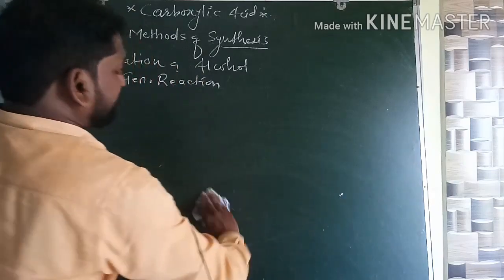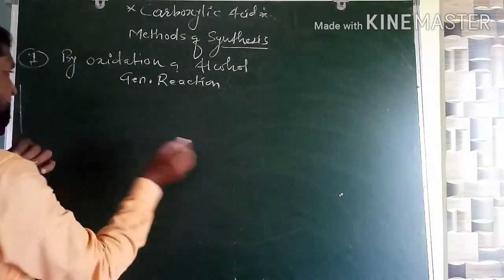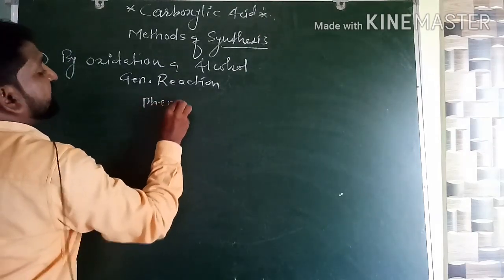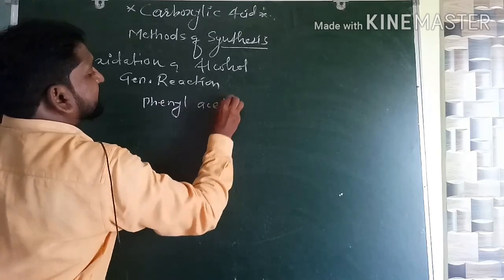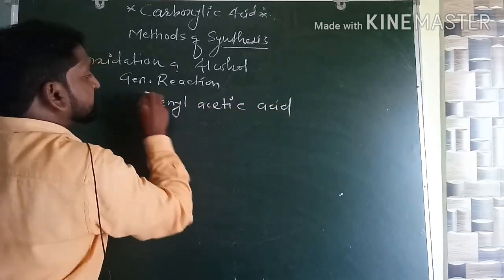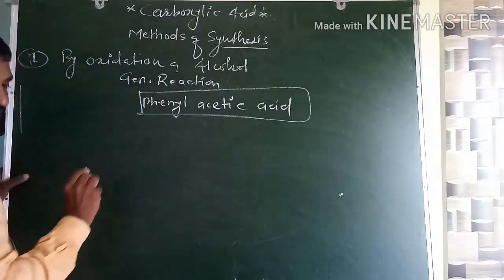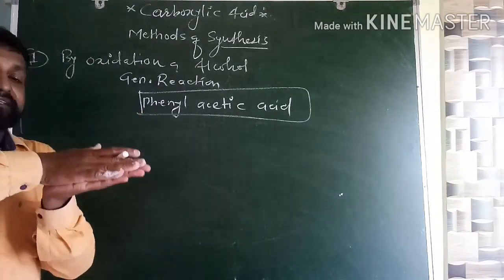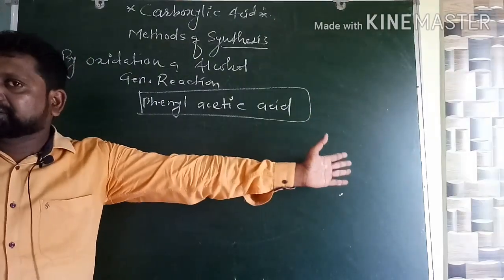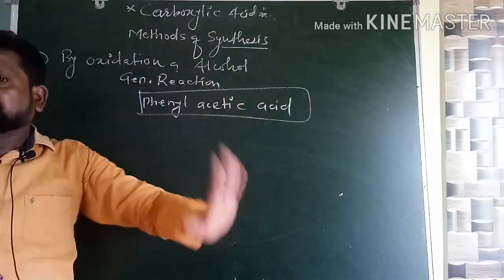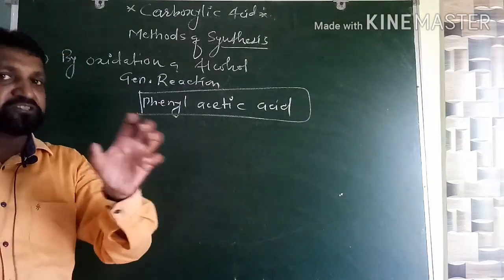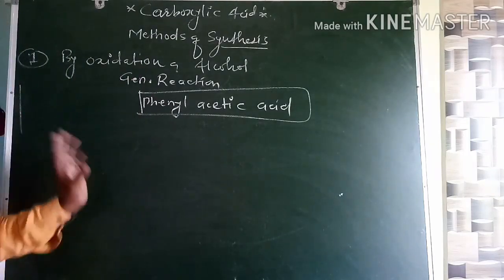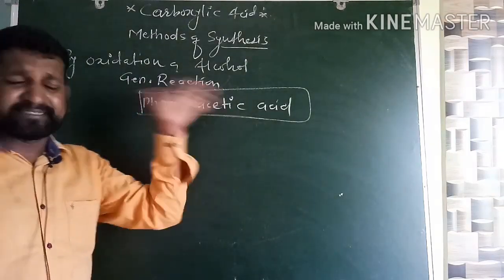Now you can take any example. Let us have a different example. If we want to prepare phenyl acetic acid, we have to understand this properly, because if we understand the proper method, then we can write 1,000 reactions. Memorization of every reaction is not important. What is important is that we know the basics: how can we write the reaction? Suppose by this method we have to prepare phenyl acetic acid.